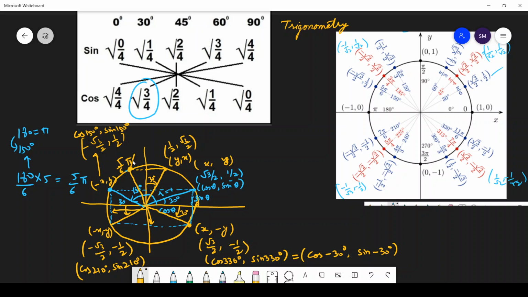So the coordinates of this point will be, x becomes minus. So this was x, y here, so it is minus x, y, this is minus x, minus y and x, minus y. So here the coordinates will be minus 1 by 2 and root 3 by 2. So further you have moved 30 degree this side, so it's 120 degree. So cos 120 is minus 1 by 2 and sine 120 is root 3 by 2. So we have plotted these values over here this way.